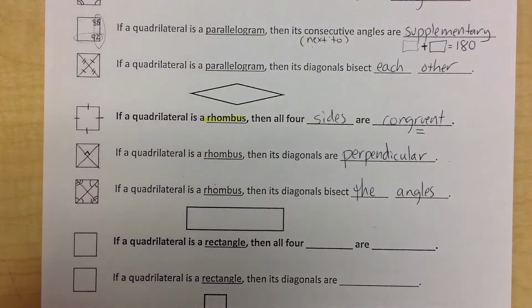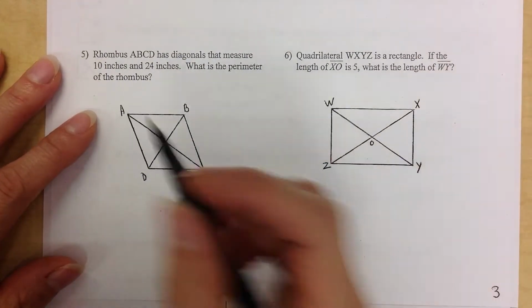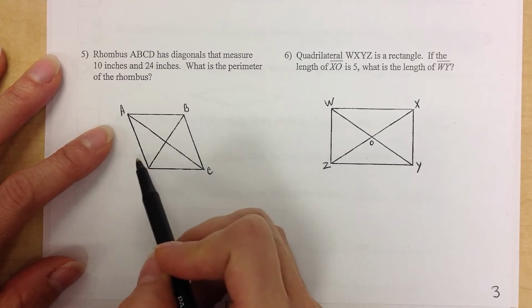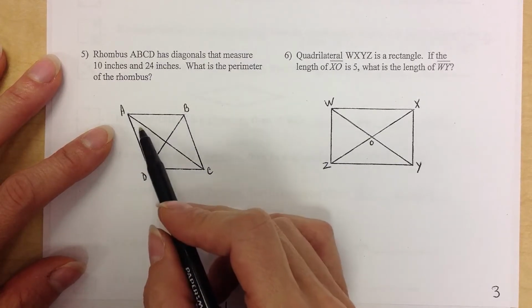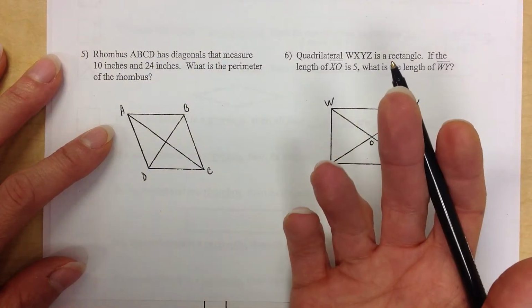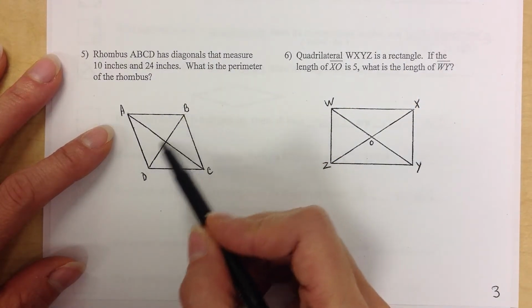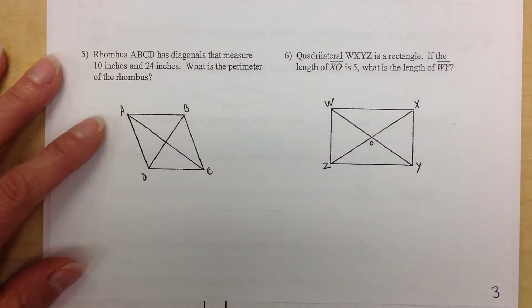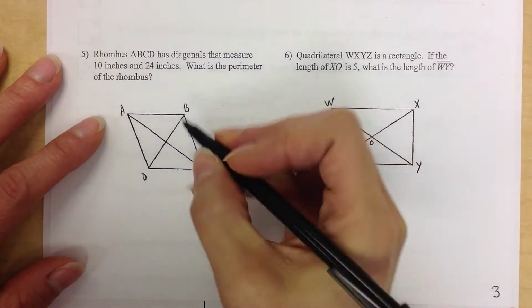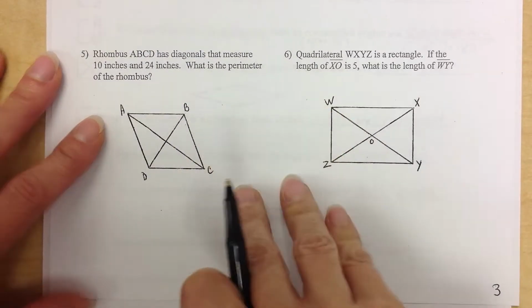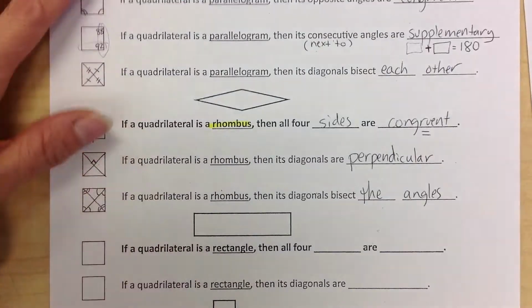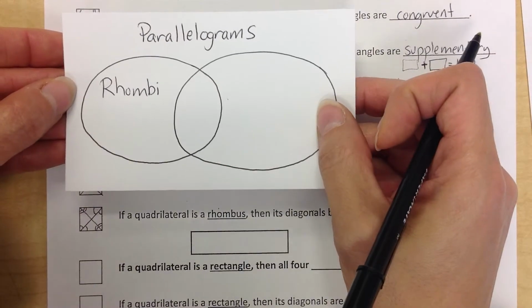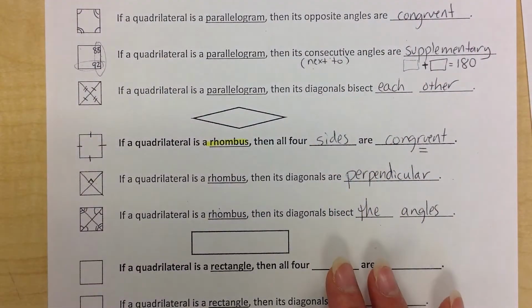Okay, so let's look at a problem solving one together. Let's go to page 3. On page 3, this says that rhombus ABCD has diagonals that measure 10 inches and 24 inches. It doesn't tell me which is which, but this one looks shorter, so I'm going to call that one 10. This is a technique that I use for pretty much every parallelogram. Putting that information in the picture is really tricky. But remember, because the rhombus is a subset of parallelograms, I know